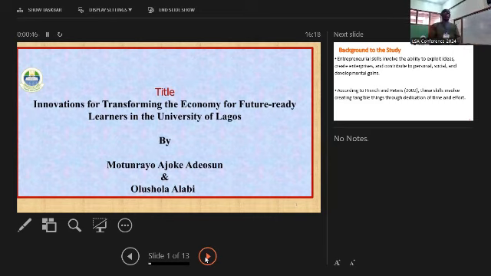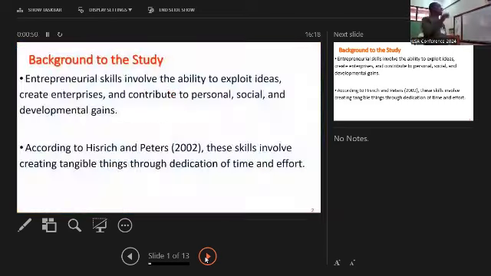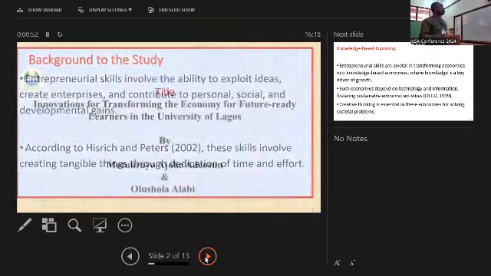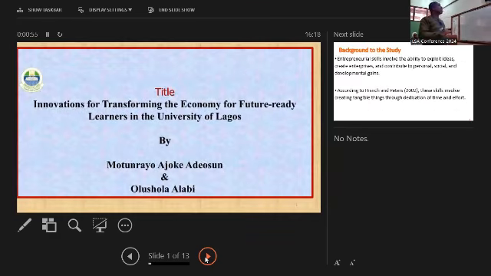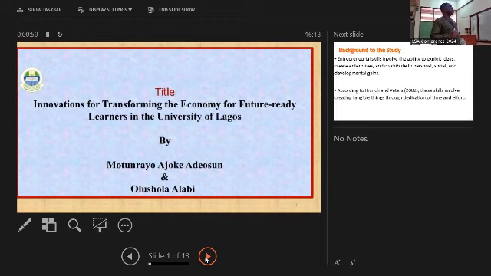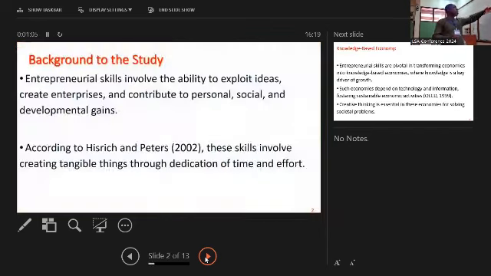This afternoon, we'll be looking at this topic: innovations for transforming the economy for future-ready learners in the University of Lagos. Background to the topic.